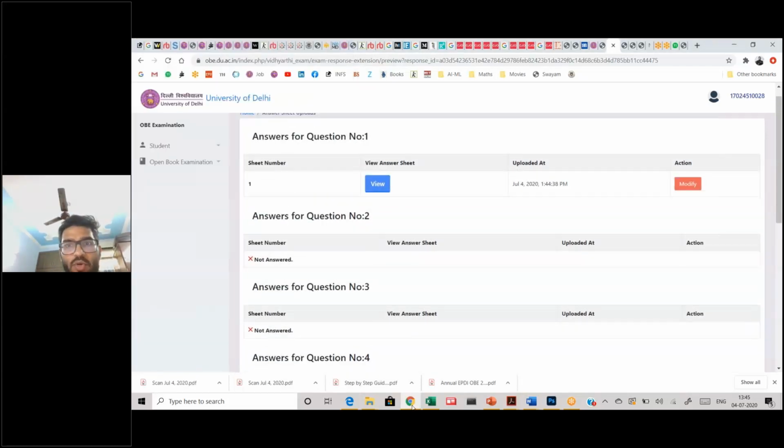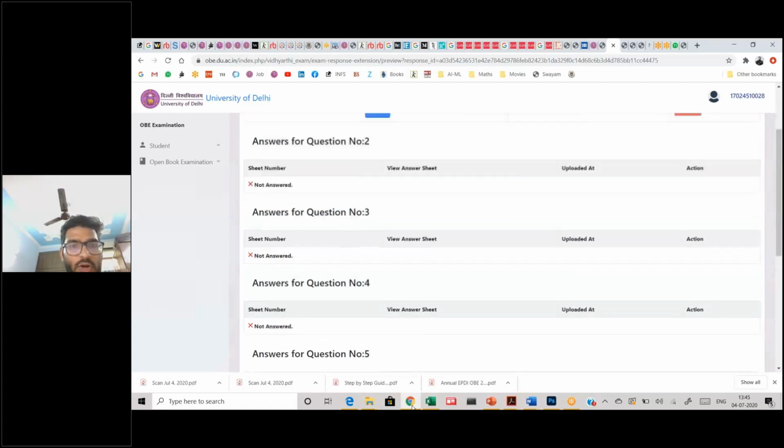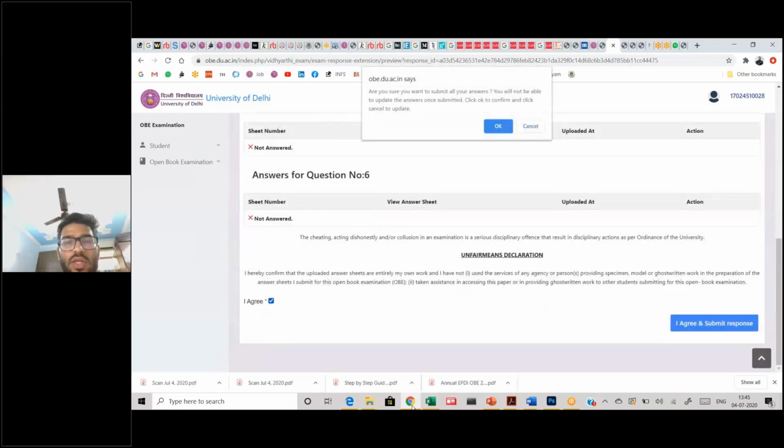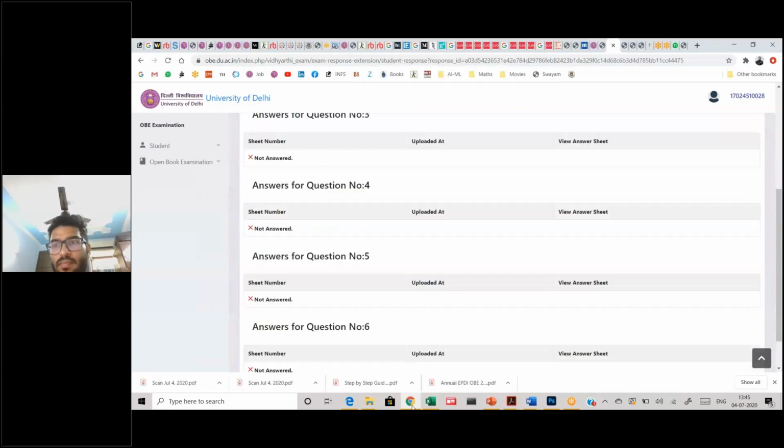If you want to modify it, you can always modify it through the dialog box. Once you are done, you just put I agree and submit this response. Let's do this. Once you have submitted, nothing can change and you are done.